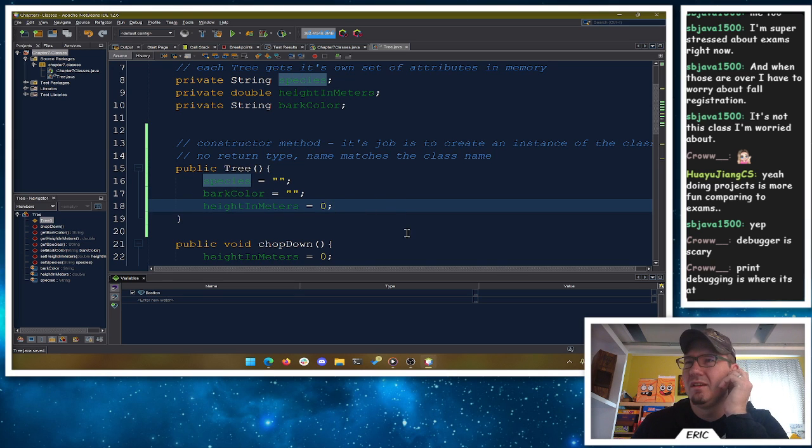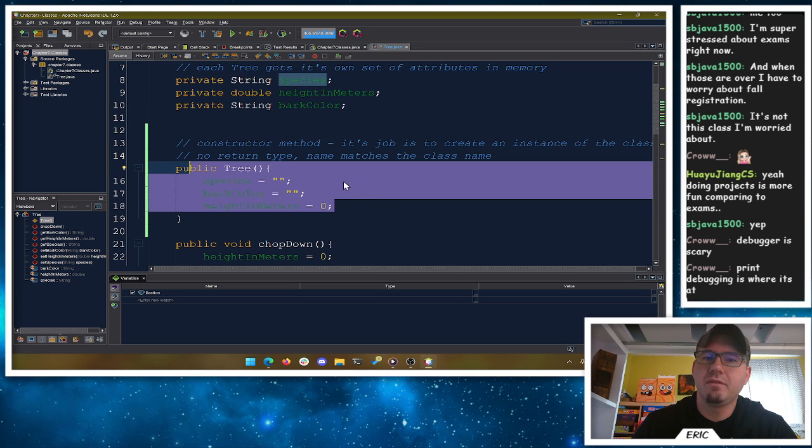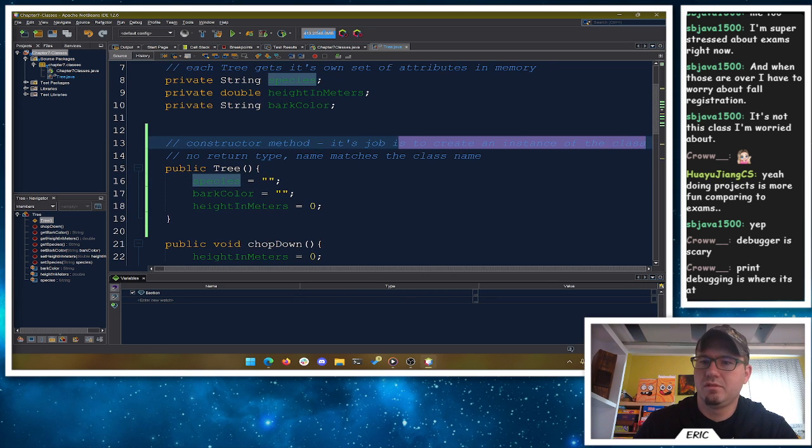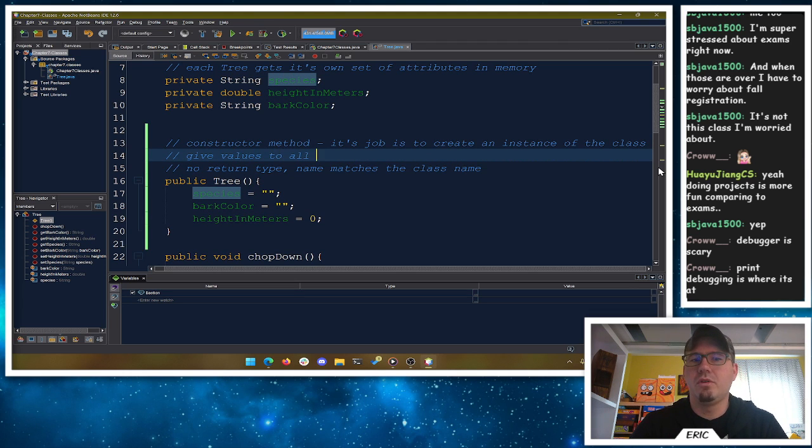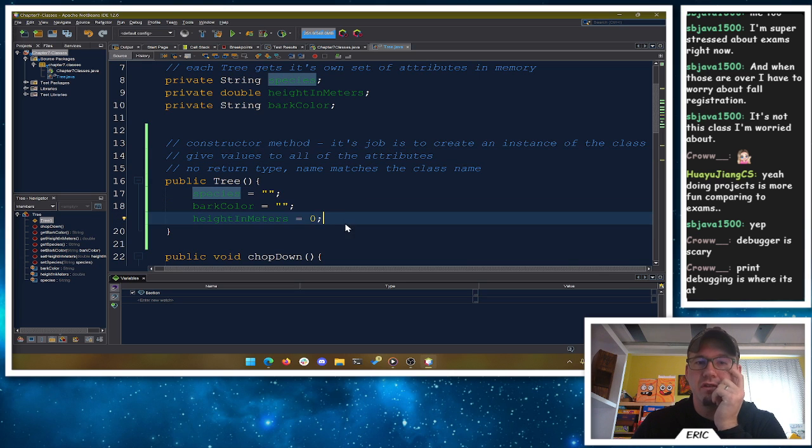I don't know if you want to count a seed, maybe a seed that has height. I'm sure we could figure out something, but we're going to give values to create that instance of the class. Means we are going to give values to all of the attributes. That's the constructor's job, to give values to the attributes.